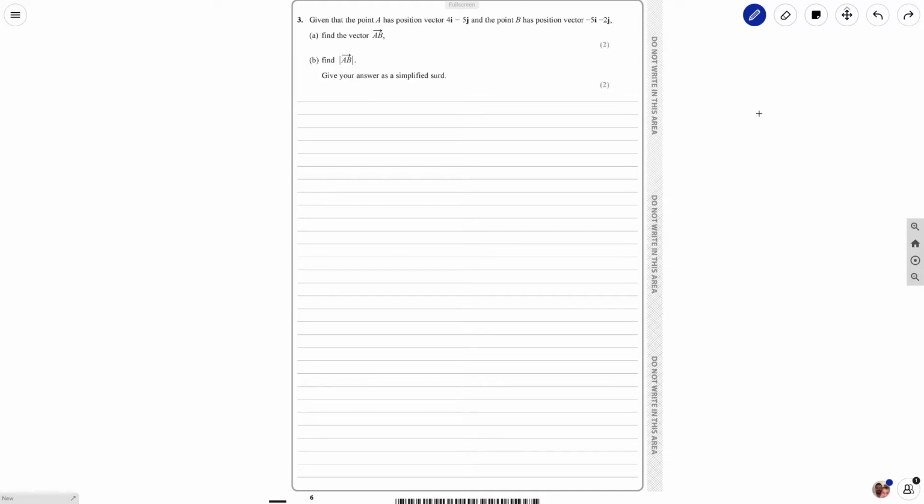So moving on to question 3 in the May 2018 AS paper, vectors question. Probably in terms of explaining this, it will be good to draw the vectors. When you're doing the question in the exam, you don't really need to draw them in this case. We're going to draw the position vector 4i minus 5j, so 4 across and 5 down from the origin, and